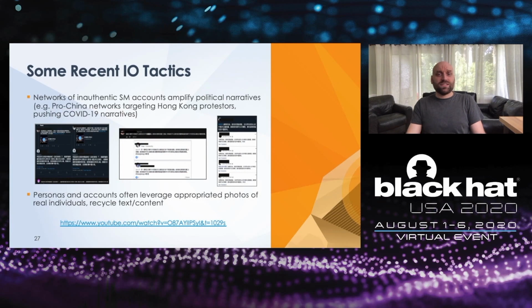Another extremely common tactic is the use of large networks of inauthentic social media accounts pretending to be random, unaffiliated individuals, which are then used to amplify political narratives across platforms and geographies. One prominent recent example of this are the networks we have identified operating on Western social media platforms pushing pro-China narratives around issues such as democracy protests in Hong Kong and the COVID-19 pandemic. The link at the bottom of this slide directs to a presentation me and a colleague gave on some of